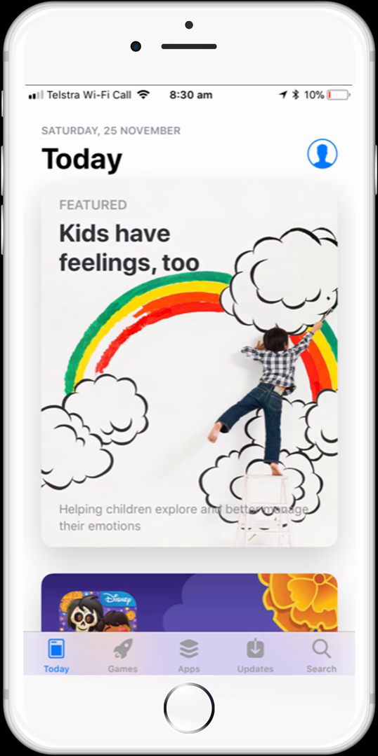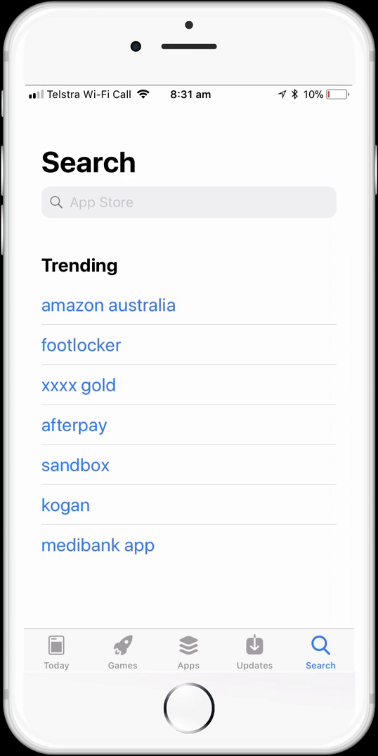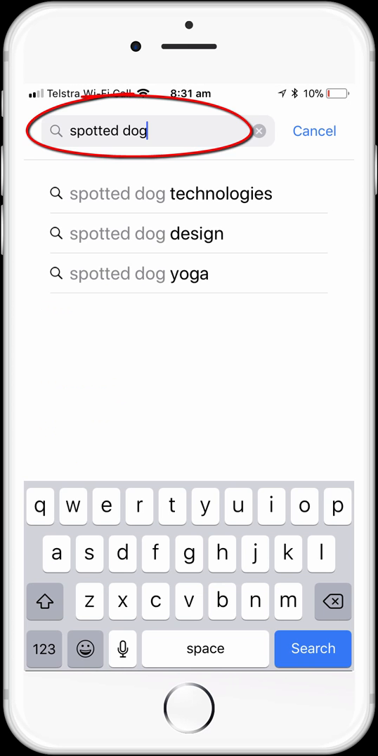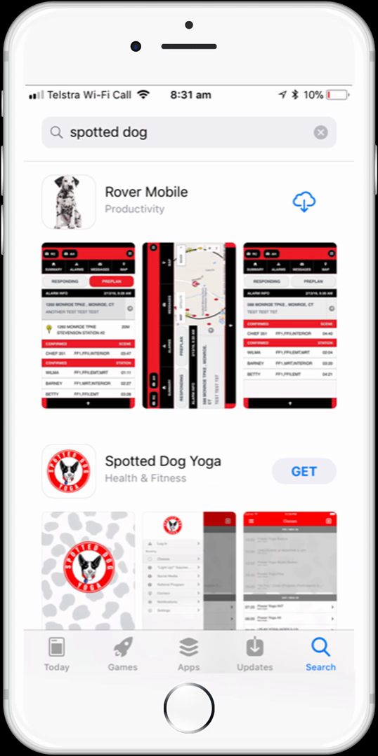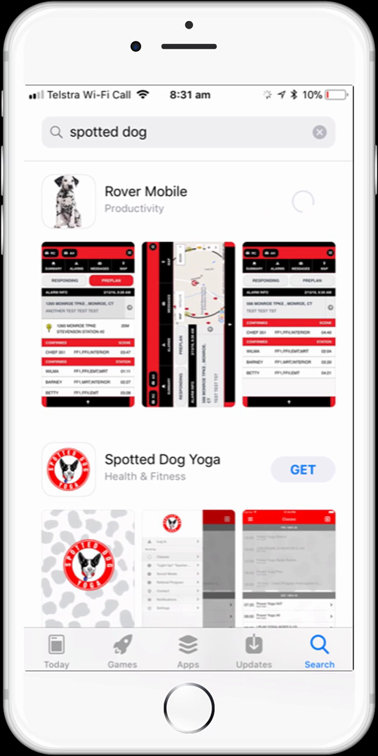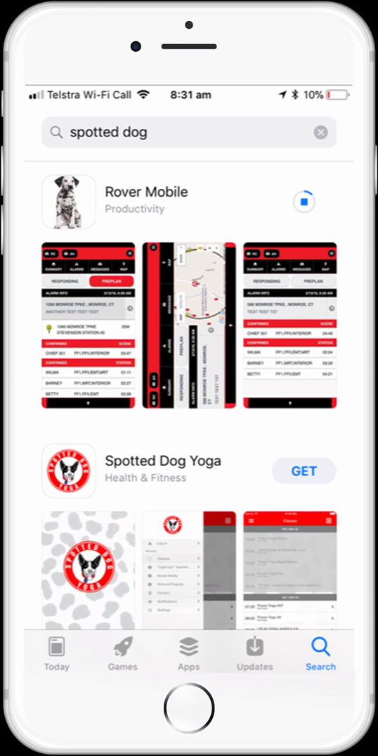So in the App Store, I need to search for the company that makes the Rover app, and they're called Spotted Dog Technologies. So we search for Spotted Dog Technologies. Okay, and now we can see that Rover's come up. I tap on the download icon to download it onto my phone. If we wait for a second or two while it downloads, we can then tap the icon to open the